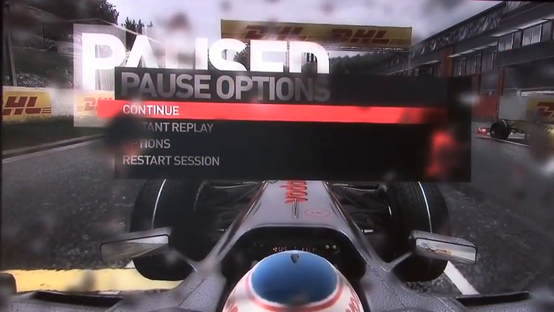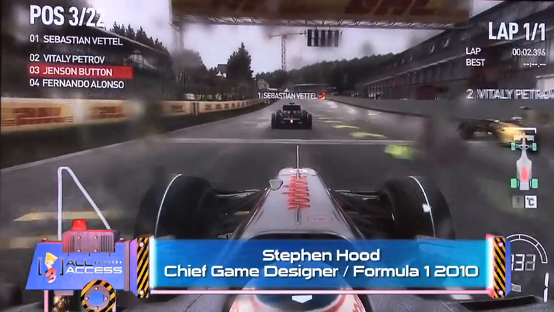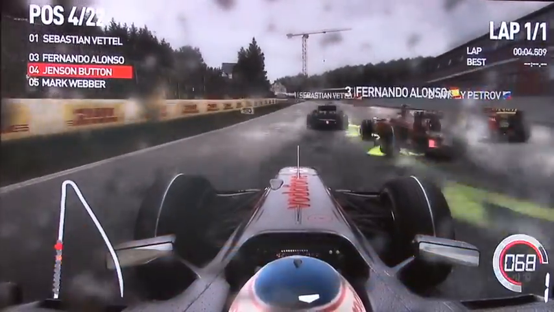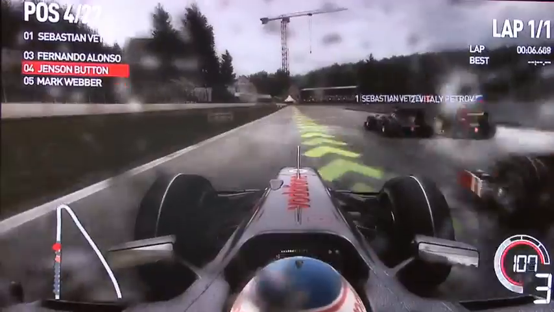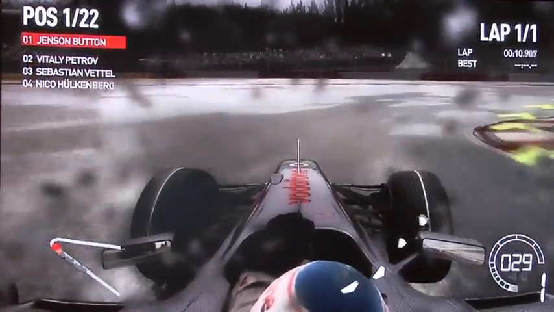Got a quick demo of Formula 1 2010 here in its ultimate setting really, which is showcasing the weather system. This is Spa in Belgium. It's just a quick race, one lap. Everything's set to easy. You can see the dynamic racing line on here, which has been used in many a